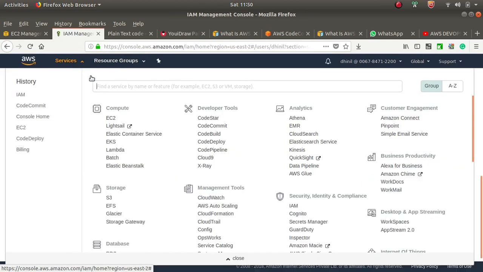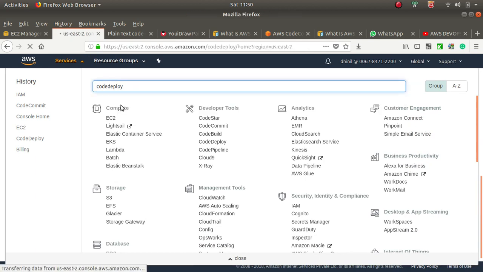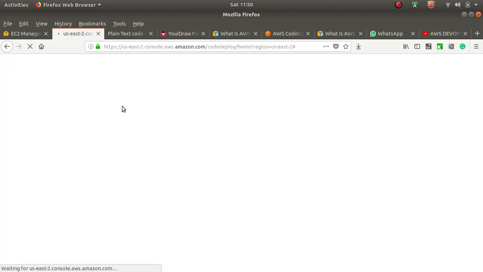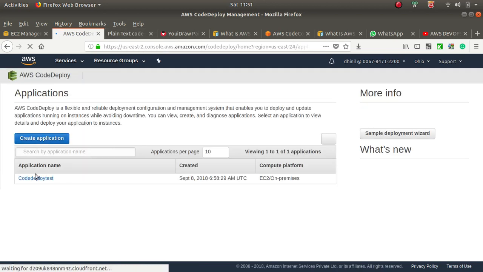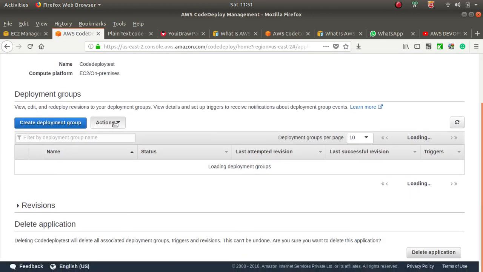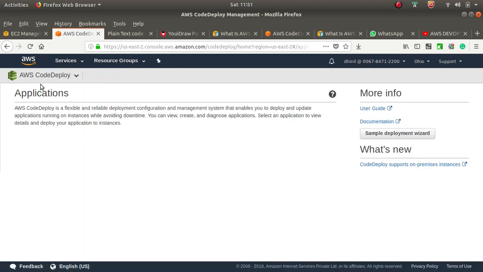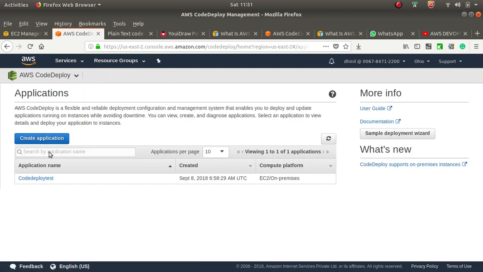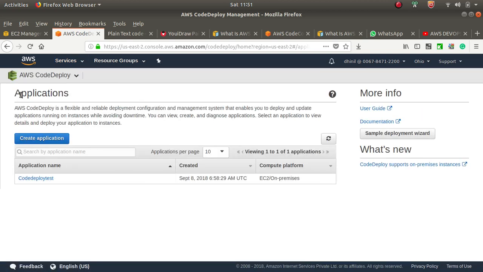So go to CodeDeploy, create an application